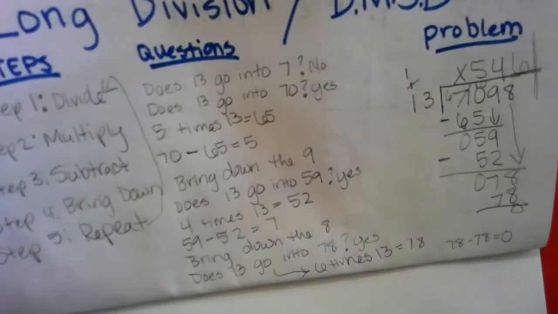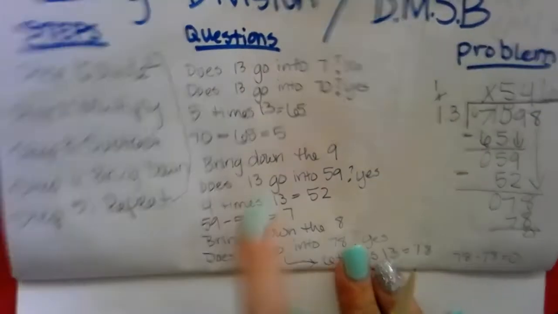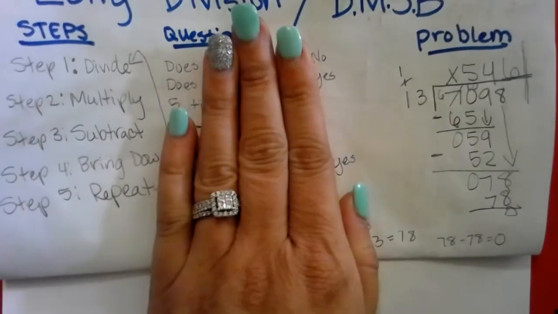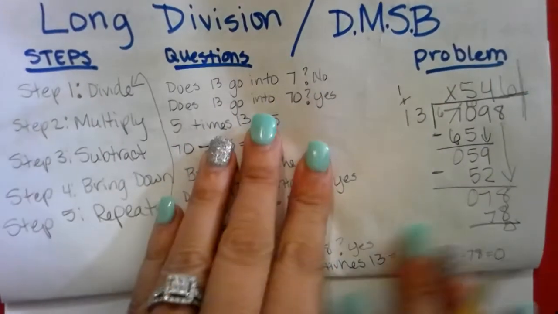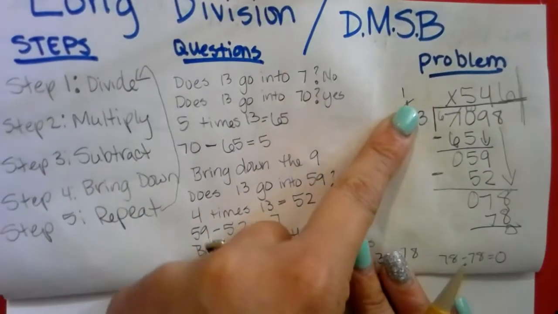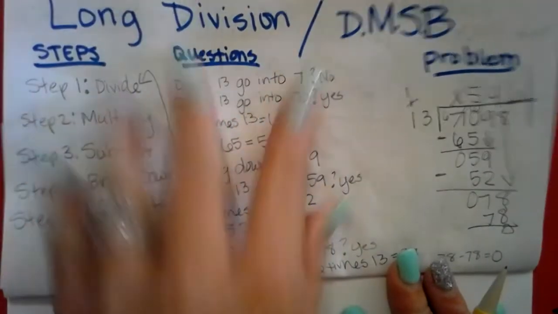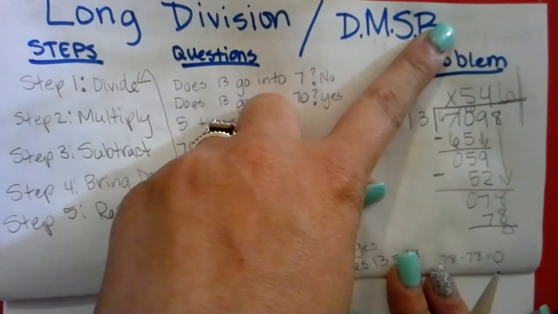Okay. So again, divide, multiply, subtract, bring down, repeat. And all I did is we talked through each step here. You don't need to do this on any question other than when we're learning it, okay? So really, you should have DMSB written, and you should be doing each step right here. So this was just to practice it, but when you do a division problem, I want DMSB written and then